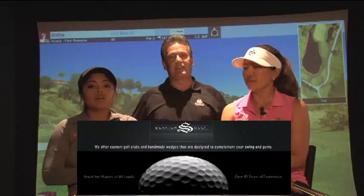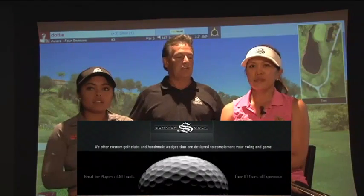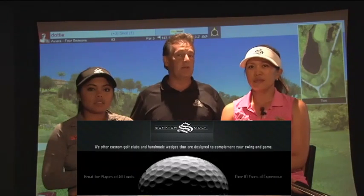And also, like with my 60-degree wedge, laying it on the ground, trying to hit a flop shot, I could feel that it wasn't sitting. So her situation was the exact opposite of Dottie. She had too much bounce in her clubs. So what was happening, she would end up having thin shots and they would roll out too far. So what we did on Tiffany was take some of the bounce off of her shots and create the spin check. So you can actually have 2 different swing styles between the 2 ladies and have 2 different types of